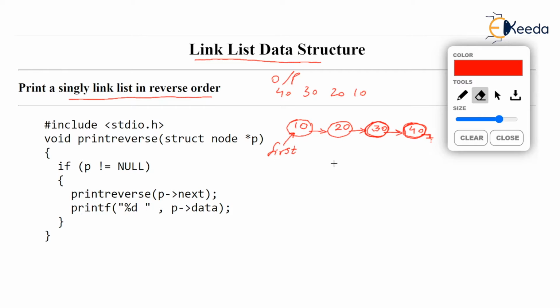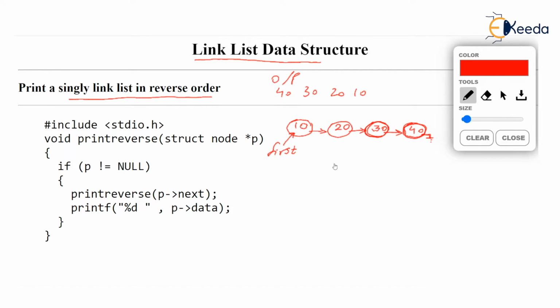The best thing that we can use is recursion. So let's see a recursive function for printing a singly linked list in reverse order. What we do is we call a function called print reverse from main. This print reverse will henceforth be called in short by me as PR. Print reverse is getting a pointer P as a parameter. This pointer P is a pointer to a node structure, and all these 10, 20, 30 are nodes. We will start this print reverse function from main.